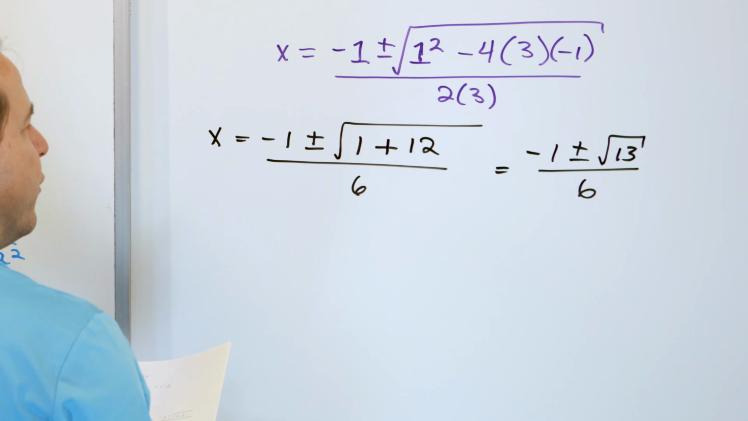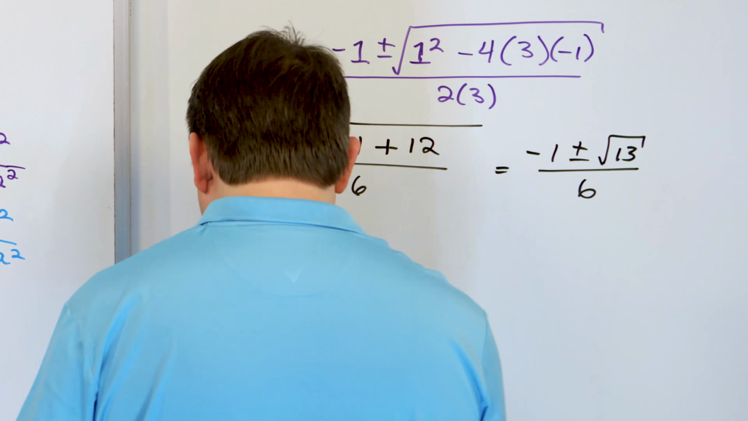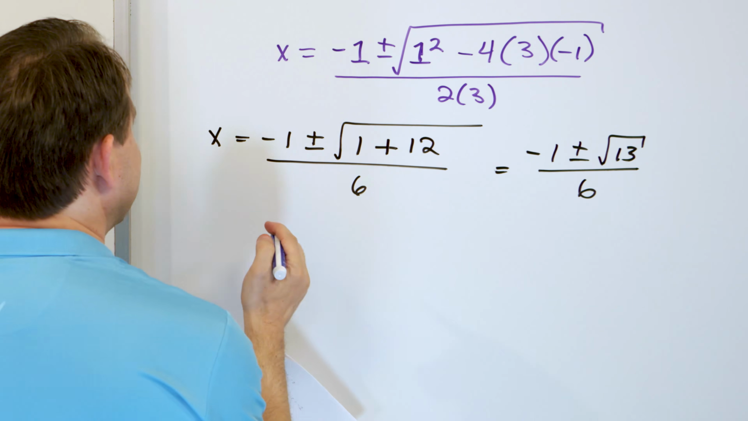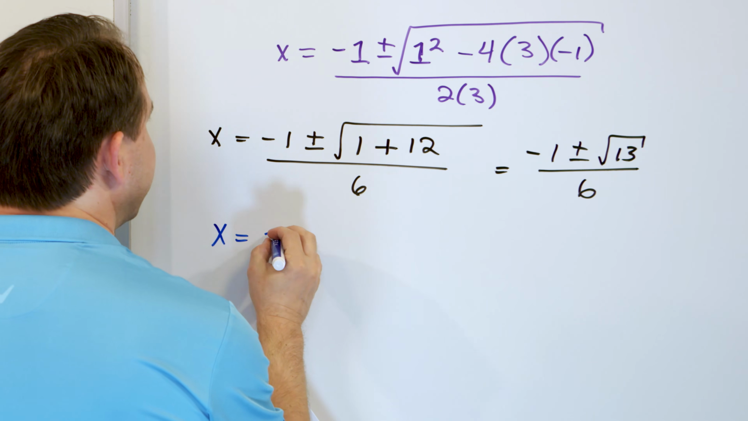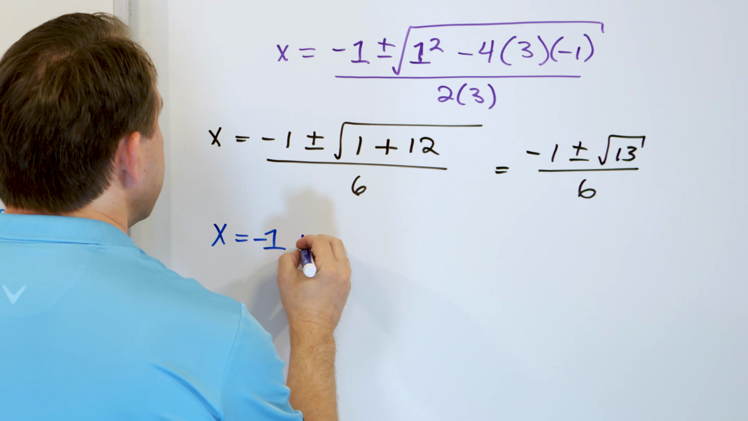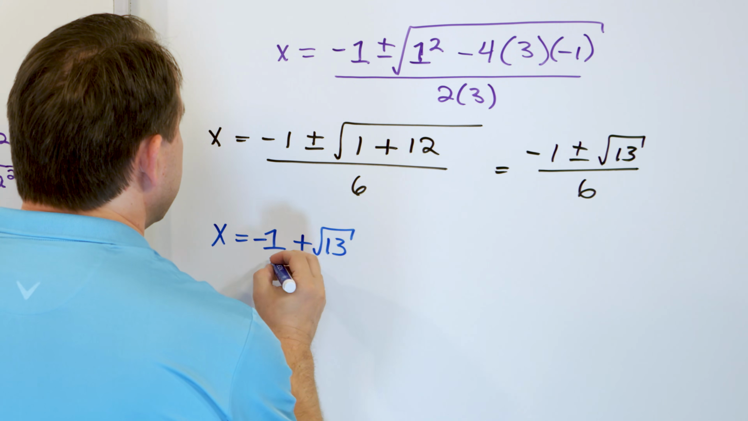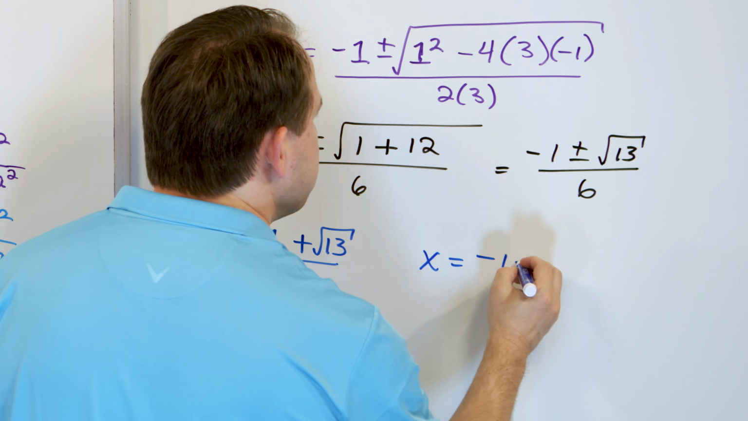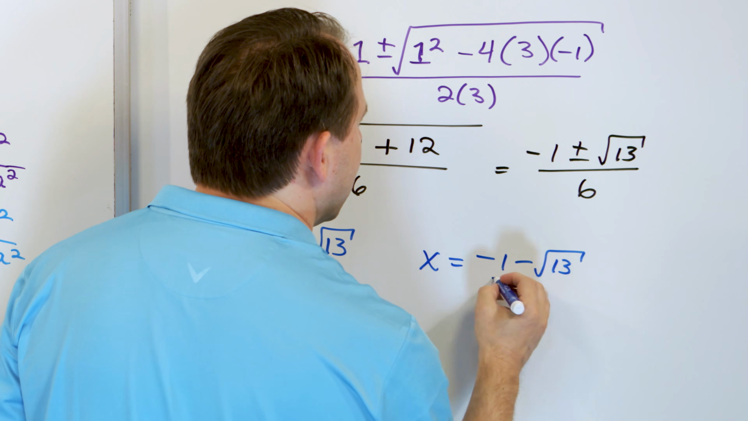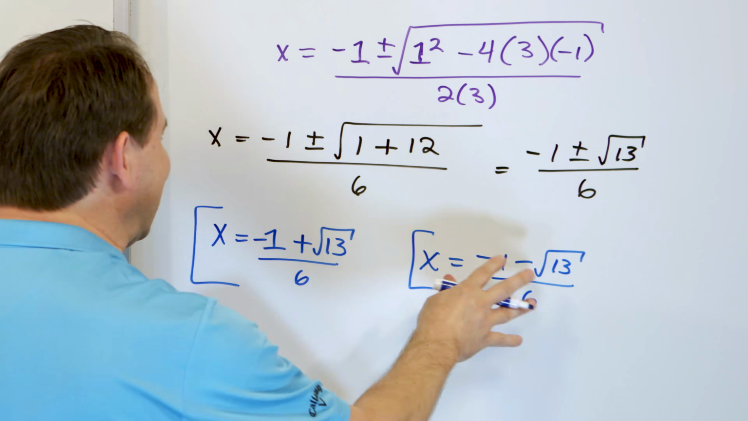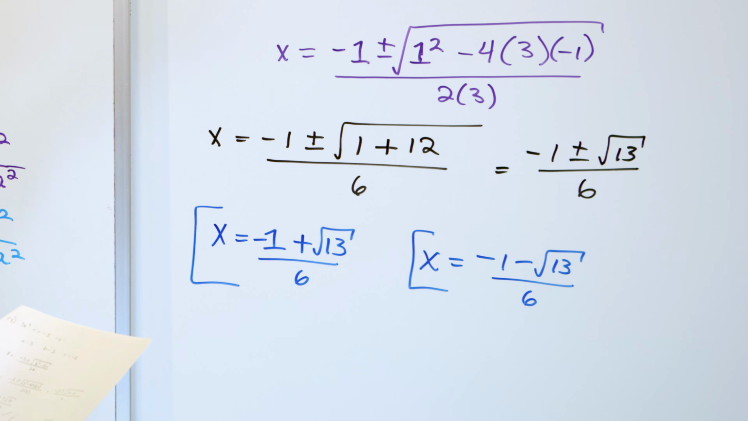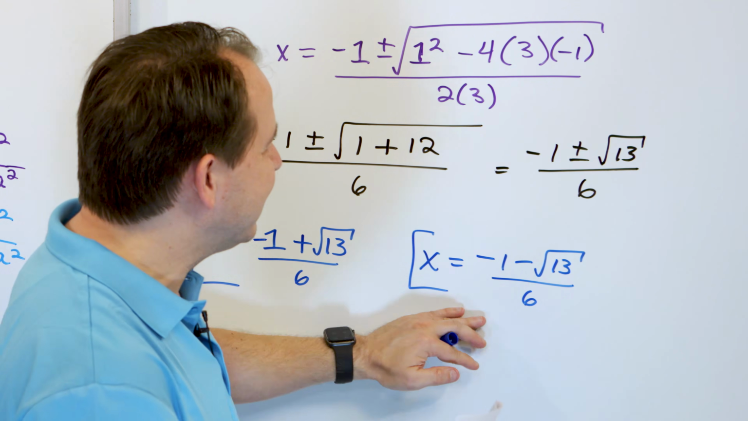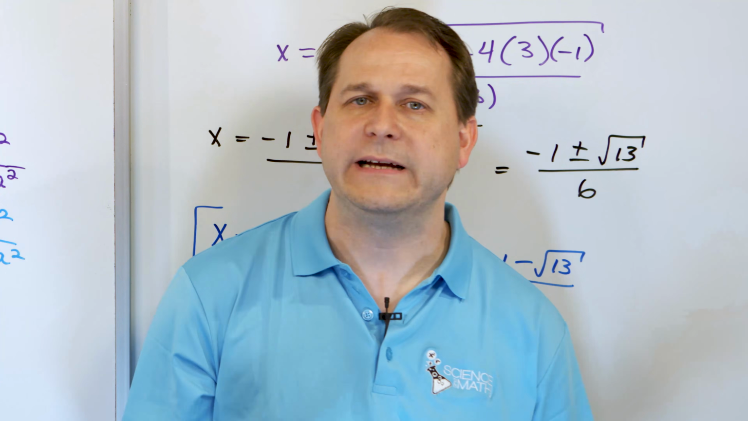Like this. Now, usually you can just leave the answer like that, but since it's our first problem, I'll write it explicitly out. What this means is the answer is negative 1 plus the square root of 13 divided by 6. That's one answer. And the other answer is negative 1 minus the square root of 13 over 6. This is exactly the same set of answers you would get if you just completed the square with the